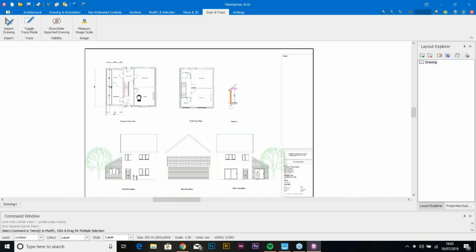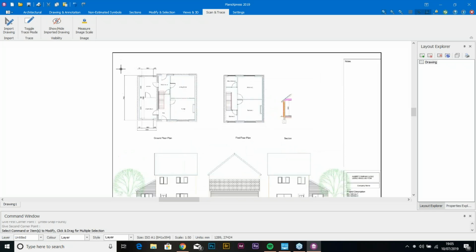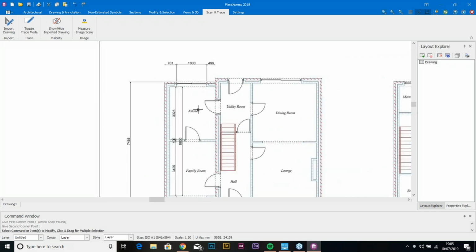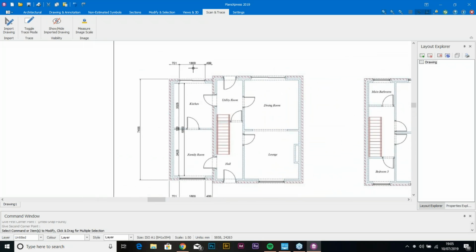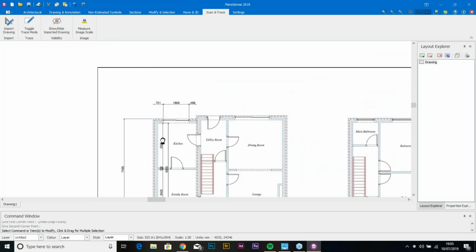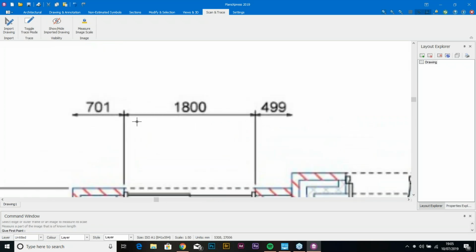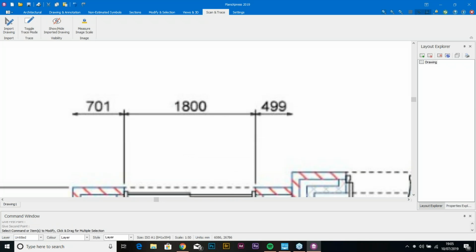Now what I'm actually doing is grabbing and moving this plan with my middle mouse wheel. What you can now see is that we have a scale of 1800 here. I need to make sure that this scale is correct. So I go to Measure Image Scale at the top left-hand corner, highlight the plan, and then click between these 2 points. I'm just going to click number 1, and holding Shift to keep that line dead straight, number 2. And type in 1800. Although it's moved minimally,